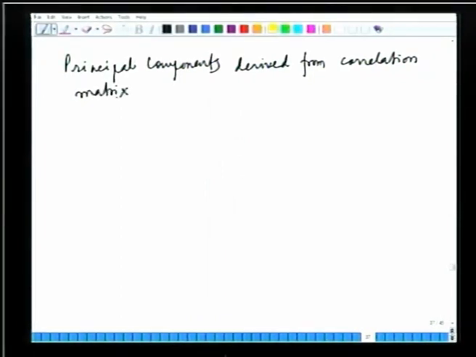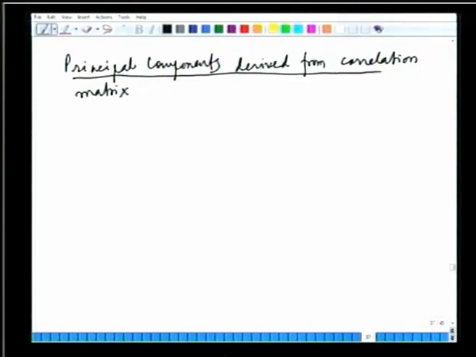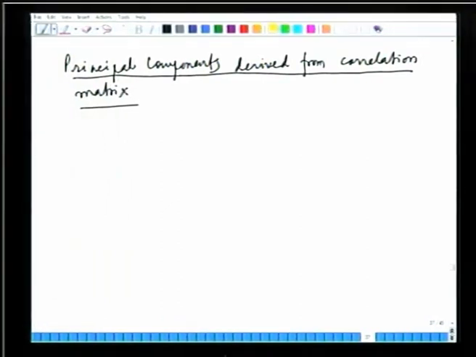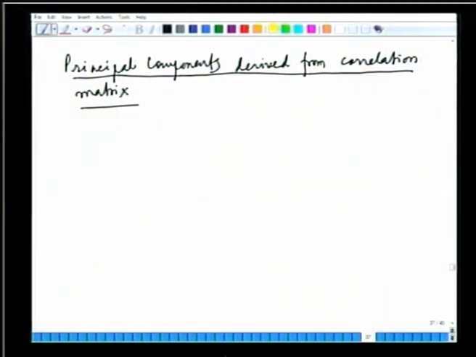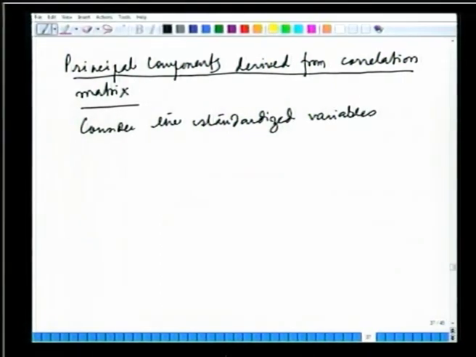We really do not have to do much here. We will see how a simple transformation helps us, and we will get all the results immediately from the ones that we have already proved. First, we consider the standardized variables, that is the first step, and use a very general notation Z for those. So Zi is nothing but xi minus mu i,